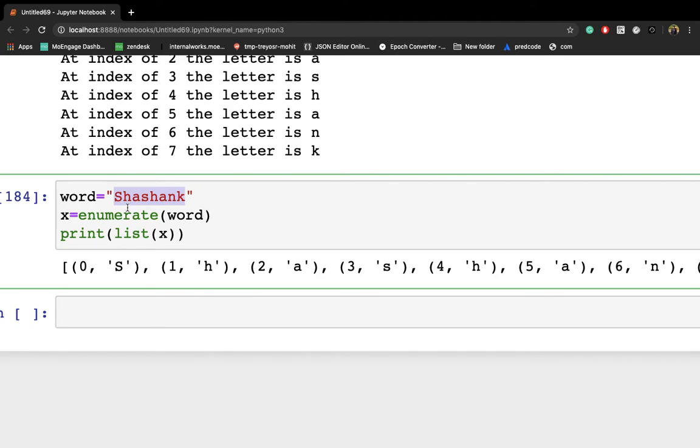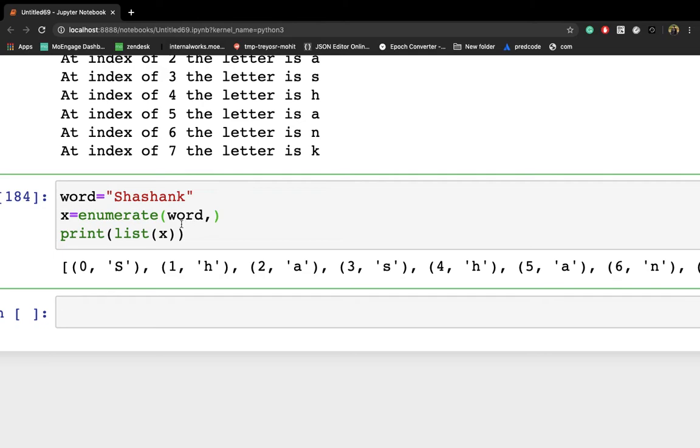Starting from 0, right? As I told you, the enumerate function takes two parameters. The first one is iterable, which is a sequence, an iterator, or an object that supports iteration. The second one is start, which is optional. If start is omitted, then the enumerate function will start from 0 by default. It's starting from 0 by default because here iterable is there but start is not.